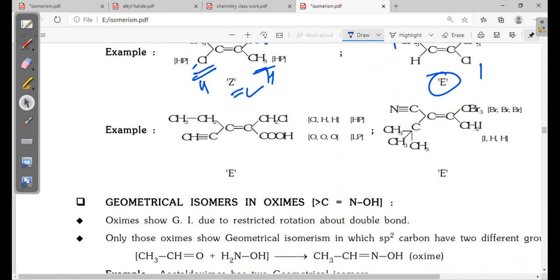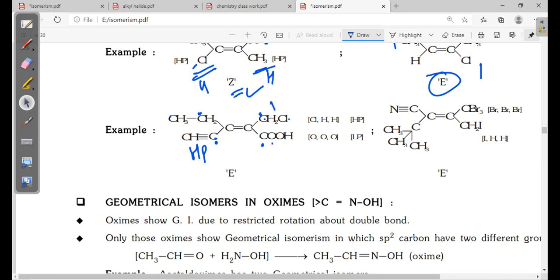When the same carbon CH2 and C, but this carbon is connected with three carbons, this carbon is connected with only one carbon. So obviously this one has higher preference. Carbon and carbon tie. Next, it is connected with chlorine, it is connected with oxygen. So obviously we have to give the preference to chlorine.